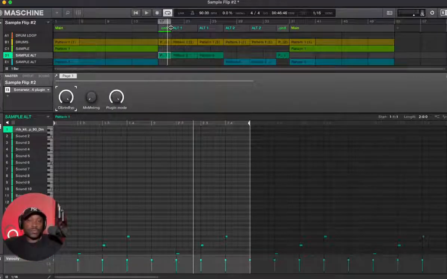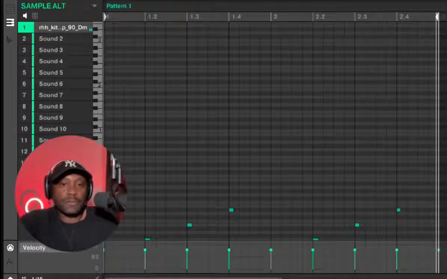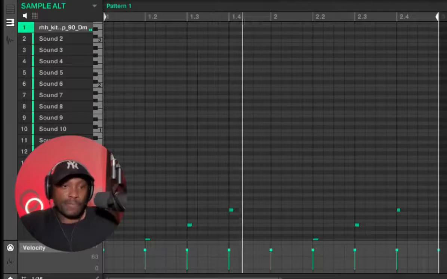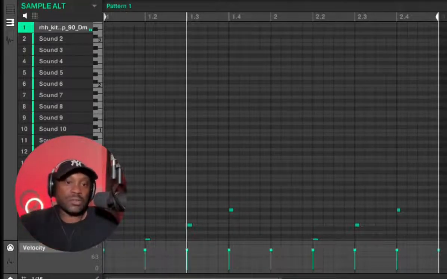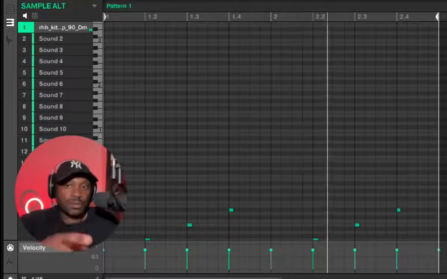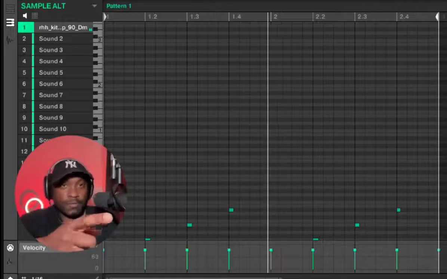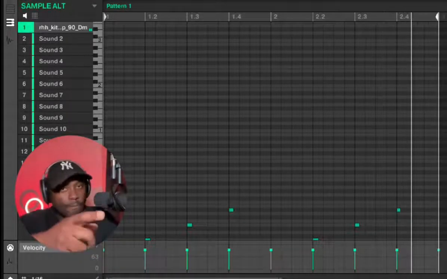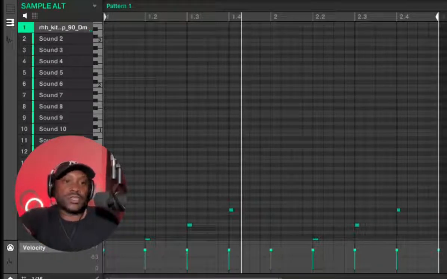Basically, the sample you will hear has like a little gap, a bit of a pause just before the turnaround. I'm going to play back the sample on its own so that you can hear. Now you're going to hear it again on the last chop. Okay, so it's basically this last chop here,